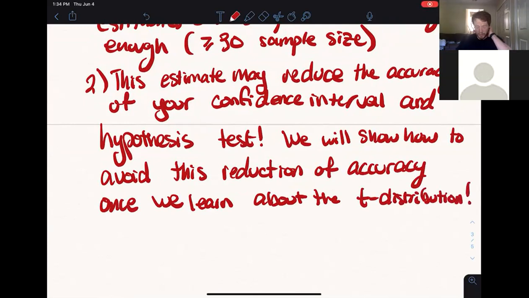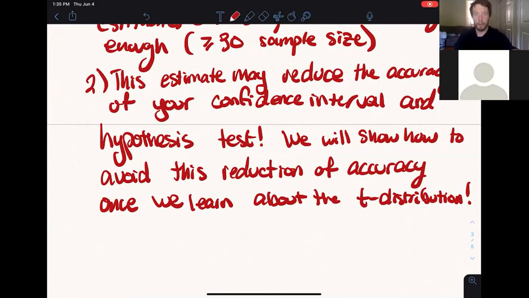It's actually a topic we're going to do after the second midterm, so don't worry about it too much now. But note, it does stink that we're losing accuracy by plugging in the sample standard deviation, but there is a way that we can get it back. So there is hope, but it's going to be a later topic. We need to get a little bit farther with the stuff that we're covering so far before we can really understand that. So the last thing I want to do for this video lecture is